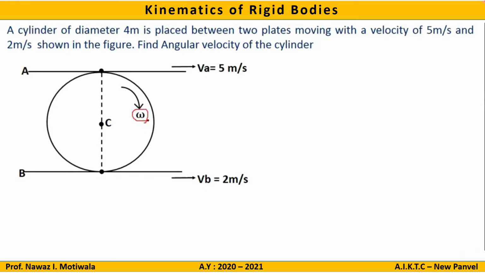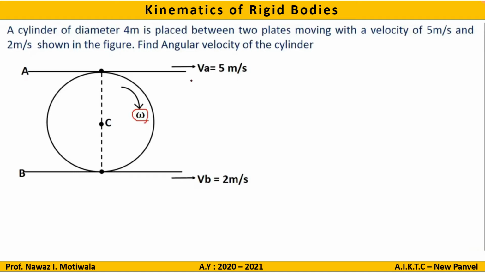That means we just need to find out what this omega is. When we were discussing this case during our initial lectures, we said that if the velocities are in the same direction, ICR will lie anywhere on this diameter line but outside the body. This we have already concluded. And I also told you that I will take an example with values and show how far outside the body that ICR will lie. So this is now the time where we will see how to locate ICR for this particular case.